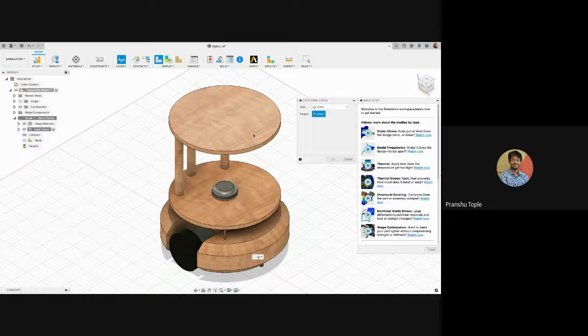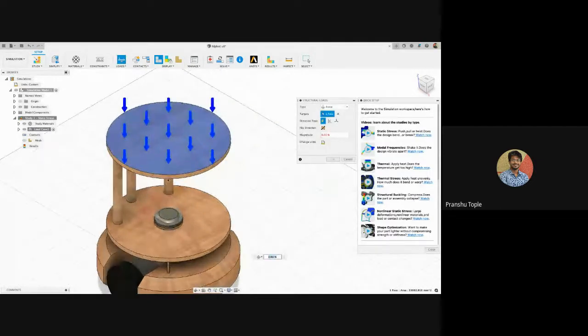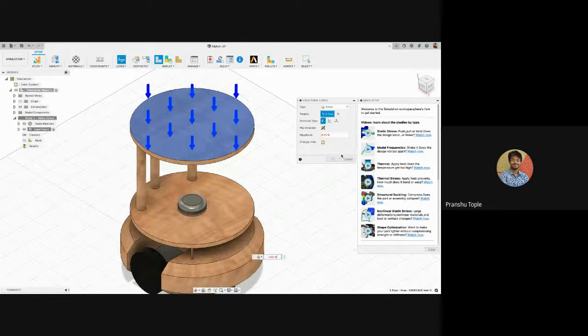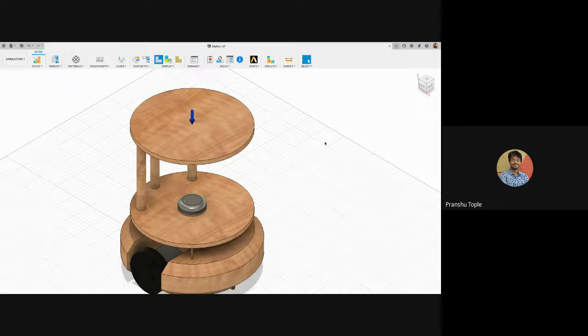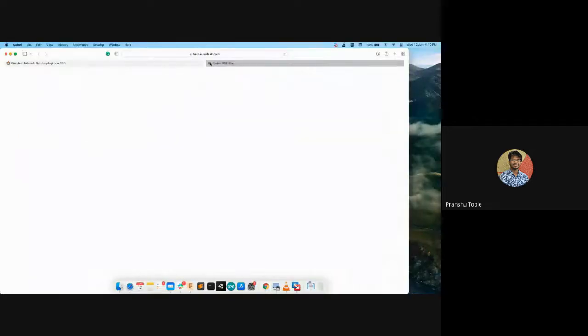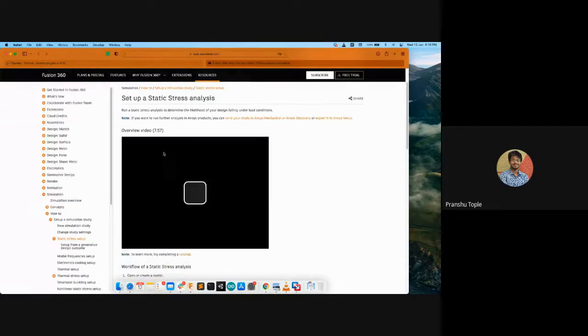I will add a structural load over here. I can select the direction and how much load I want, let's say 100 Newton force. And I want to do static stress. They have some tutorials as well. You can follow those. Yeah, got it.